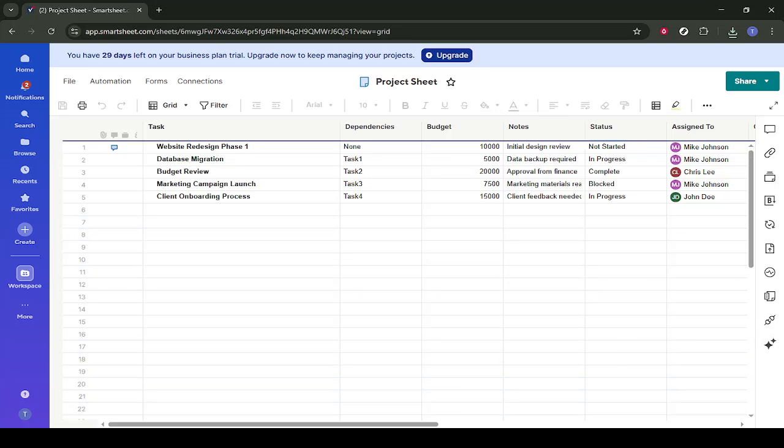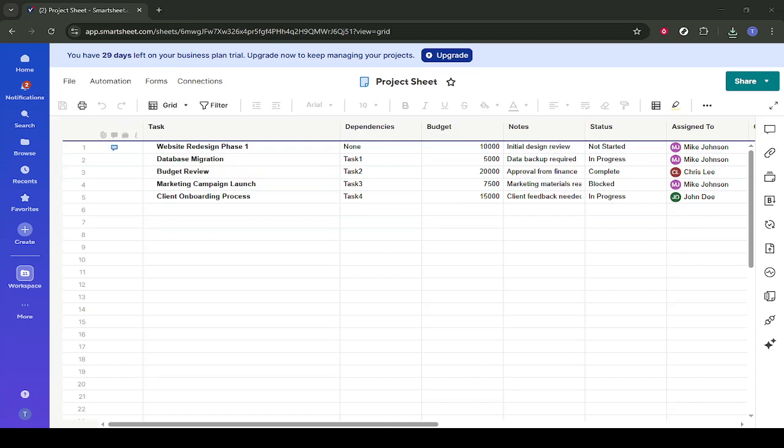In today's video, I'm going to teach you how to integrate Smartsheet with Teams. We'll walk through this directly inside Smartsheet using one of your existing project sheets. Go ahead and open your project sheet in Smartsheet so you can follow along. You should be looking at the standard grid view of your sheet with your rows, columns, and all your existing